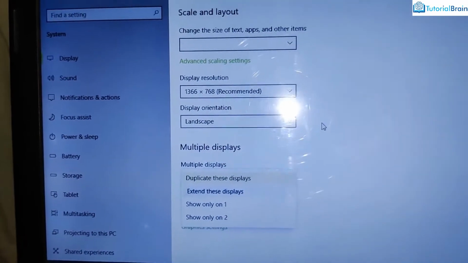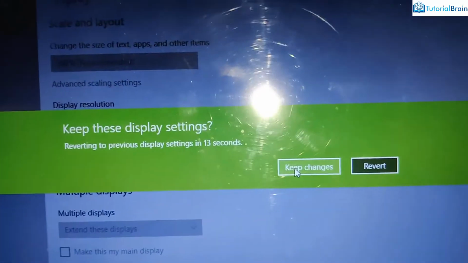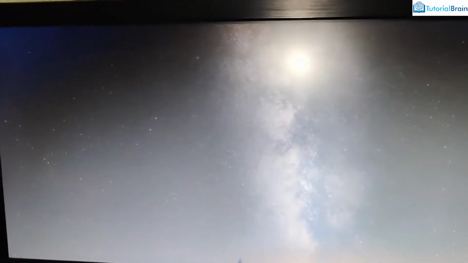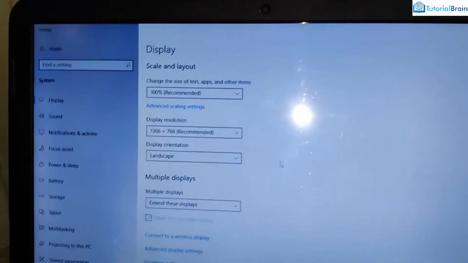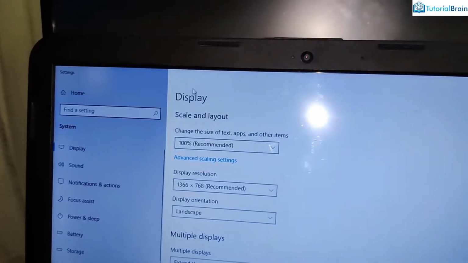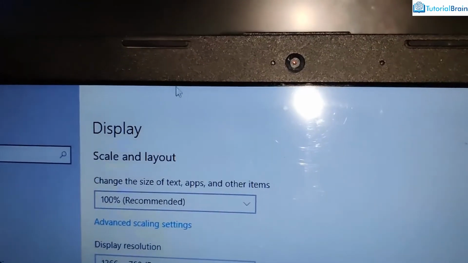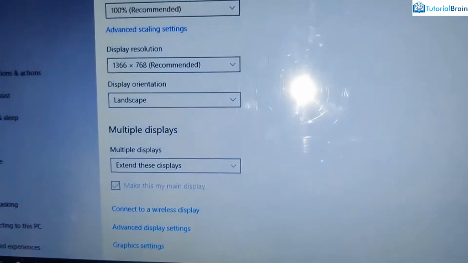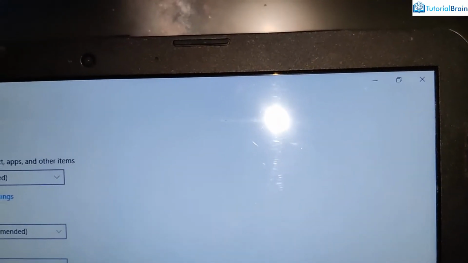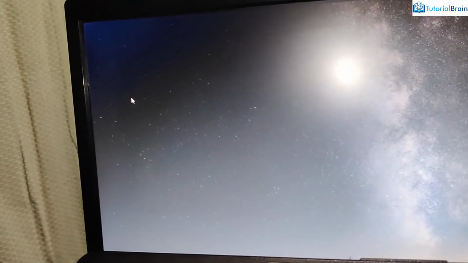So if I click here, notice carefully, if I click on Keep changes, now at this moment you see I have a totally different screen on my monitor, right? And if I just bring my cursor towards the left side, nothing happens. If I go to the top, notice my cursor, nothing is happening on the monitor. Again, if I go down, nothing is changing in my monitor. But if you notice carefully, if I just go to the right, now my cursor has come